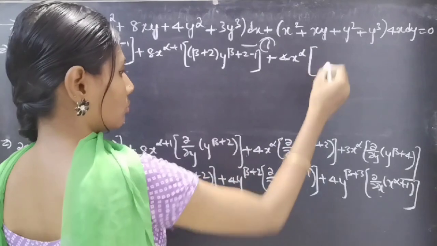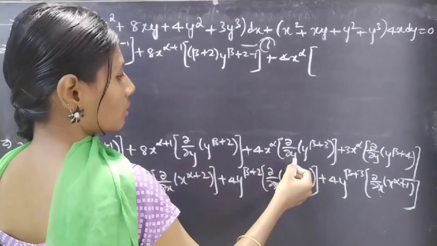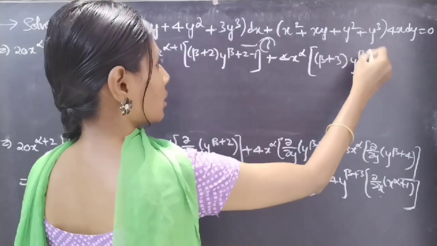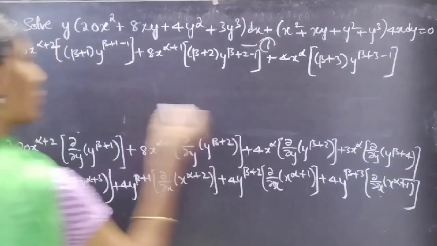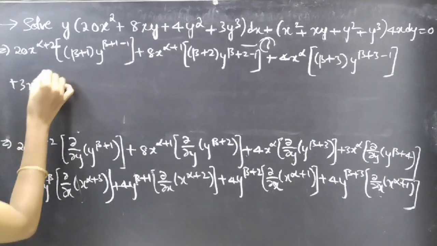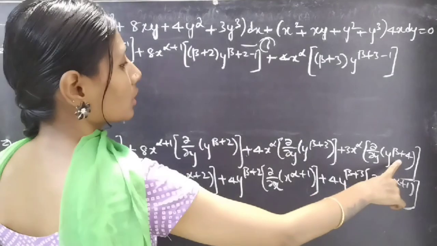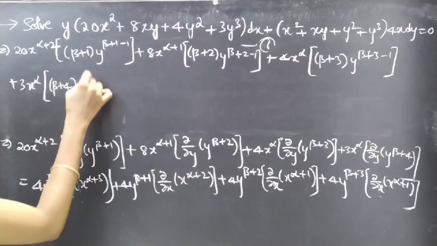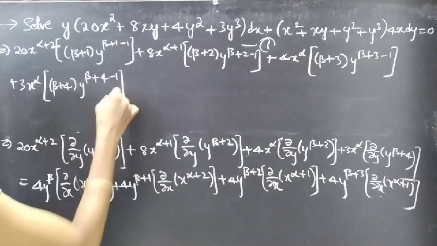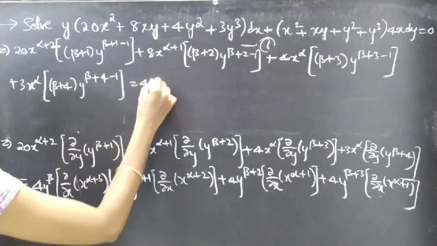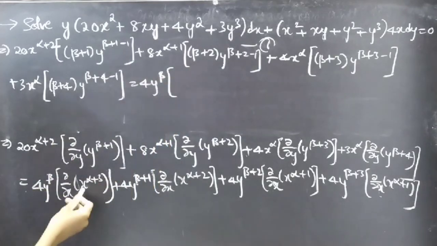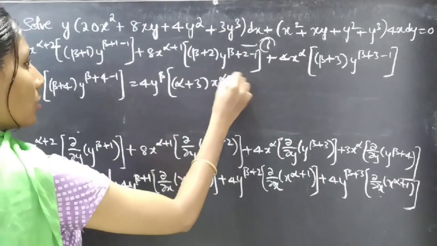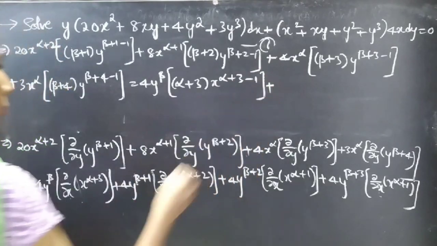4x^alpha into the partial derivative of y^(beta+3) with respect to y, which is (beta+3) into y^(beta+3-1), plus 3x^alpha into the partial derivative of y^(beta+4) with respect to y, which is (beta+4) into y^(beta+4-1), equal to 4y^beta into the partial derivative of x^(alpha+3) with respect to x, which is (alpha+3) into x^(alpha+3-1), plus 4y